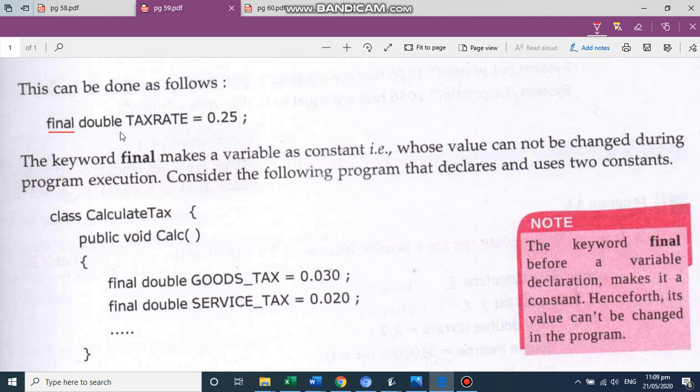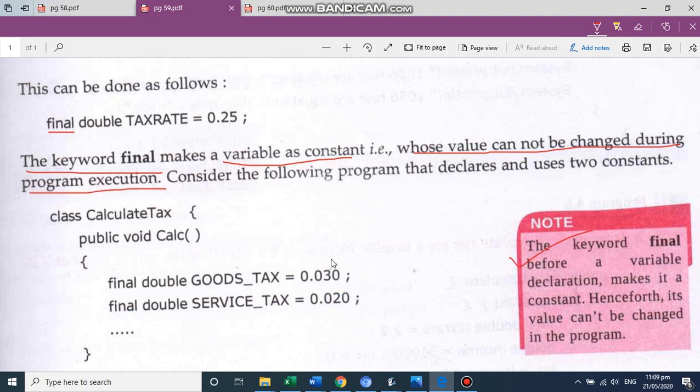So I'm changing it. But if I declare any variable as final, now what is final? Final is a keyword which makes a variable constant. That means if I declare any variable as final, then that value cannot be changed during the program execution. It will remain the same.